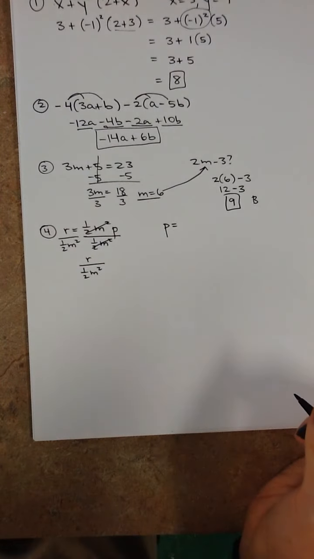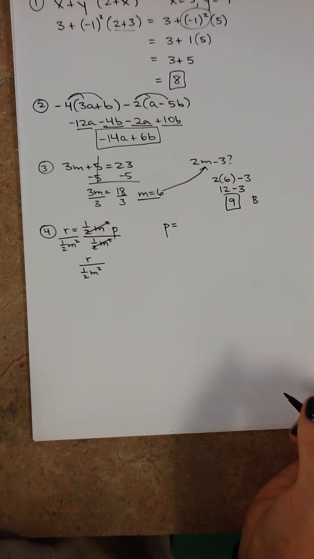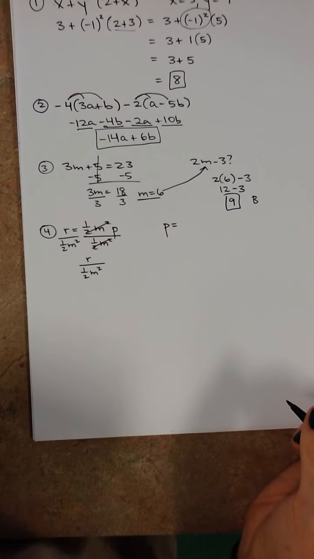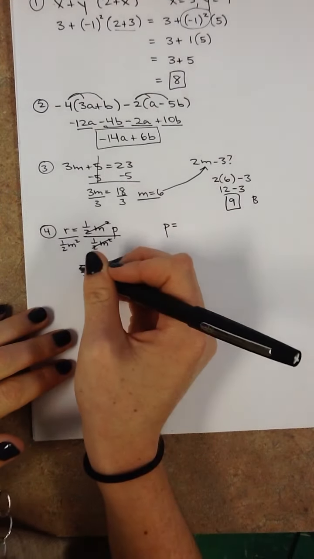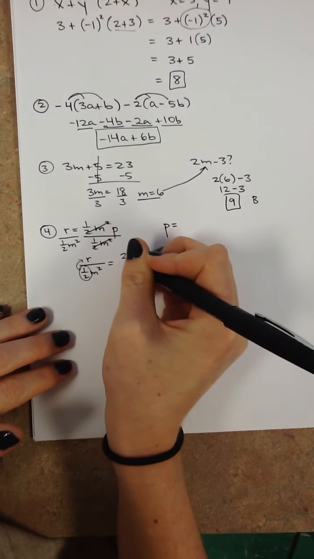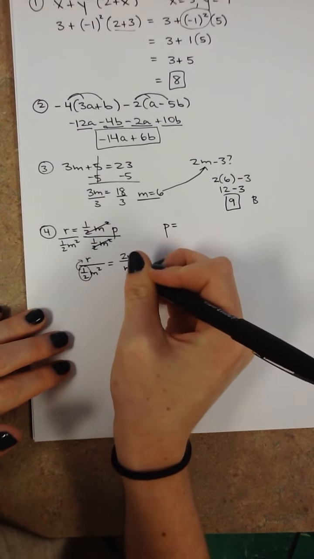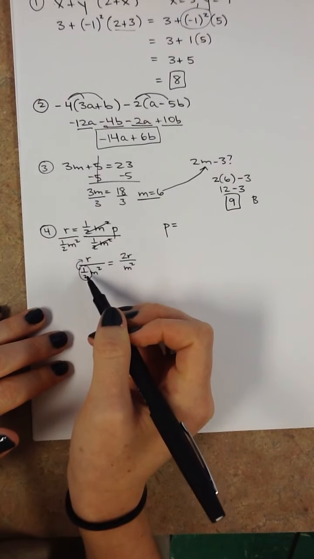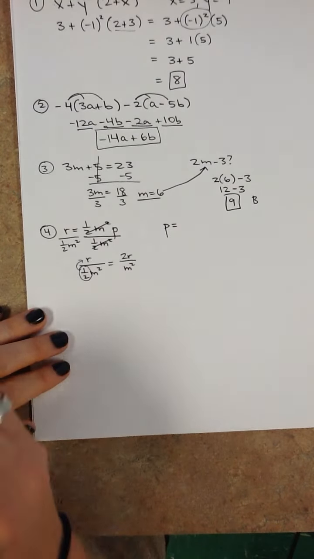Dividing by 1/2, this part's a little tricky, but dividing by 1/2 is the same as multiplying by 2. So instead of putting a 1/2 in the denominator, which we don't ever really want to have, dividing by 1/2 is the same as multiplying by 2. So this is actually the same as having a 2 in the numerator. So instead of taking r and dividing it by 1/2, we're taking r and multiplying it by 2,